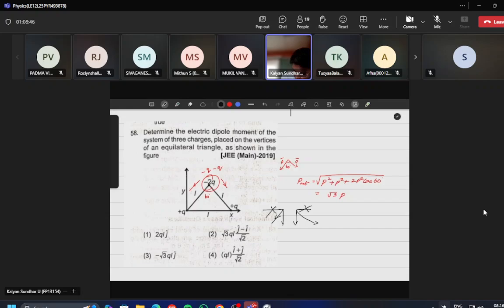So you will have only one direction, which is the downward direction, and I'm taking it as minus j cap. So this will be root 3 times P. What is the P value, sir? Magnitude of charge into distance between them, q times L. So answer will be